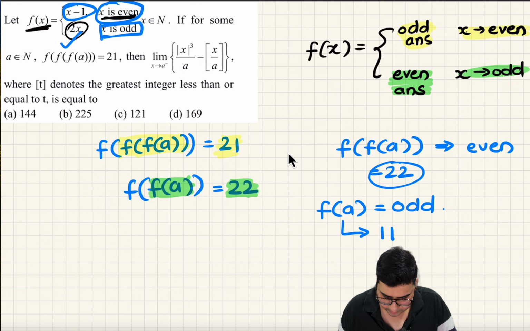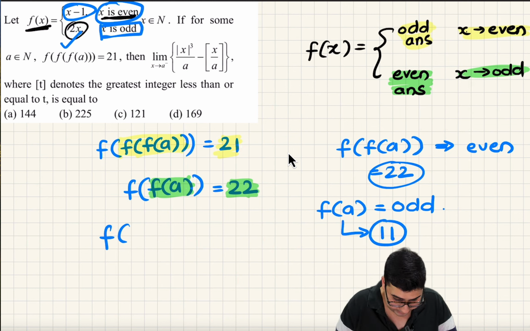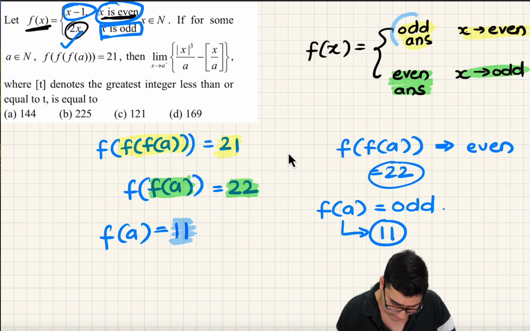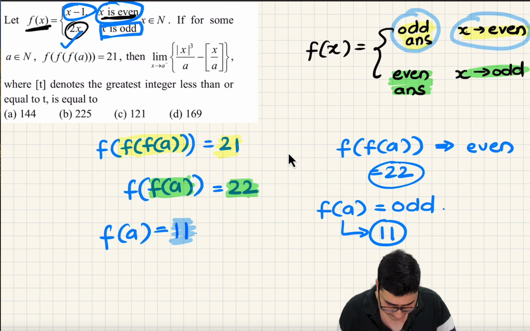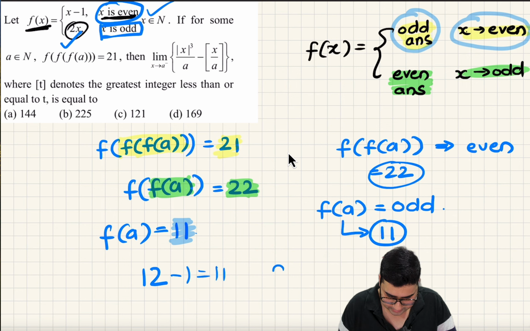But if f of a is 11, now I need to think about this because this is really easy now. If f of a is 11, think about this. It means now again it's nesting. F of a is 11 means my answer now is odd. It means that my x must be even. And if x is even, my answer should have been 12, क्योंकि हमेशा इवन को एक वैल्यू से कम करने पे फंक्शन की वैल्यू हो जाती है। सो 12 माइनस 1 11 होने वाला है,